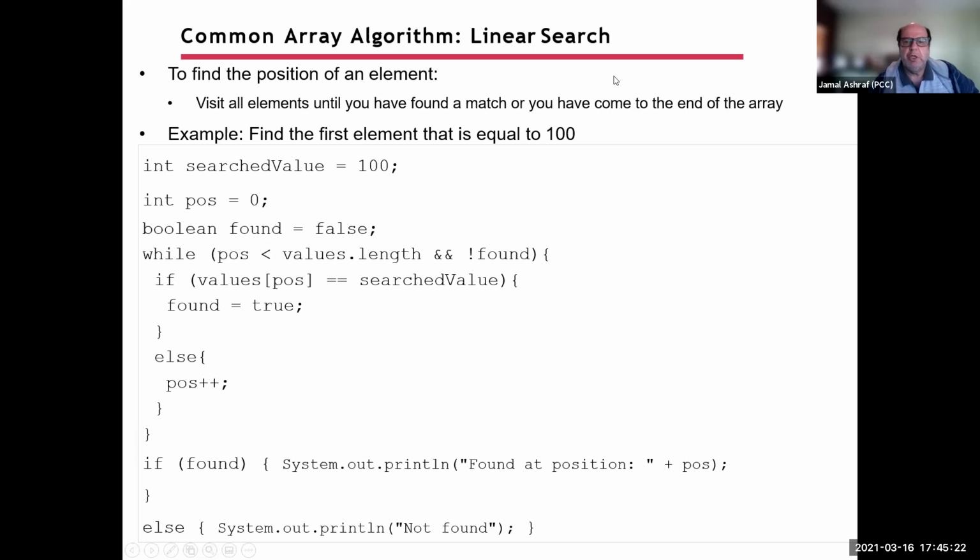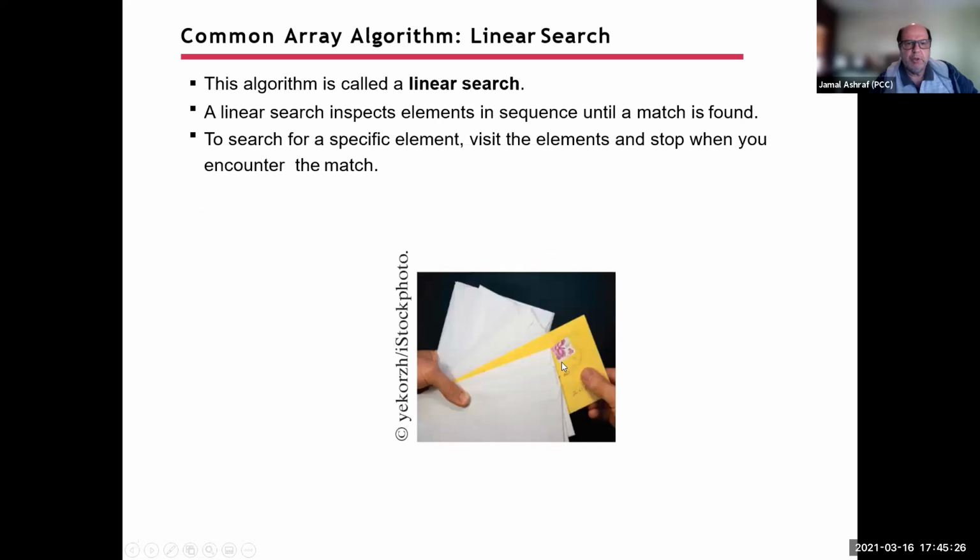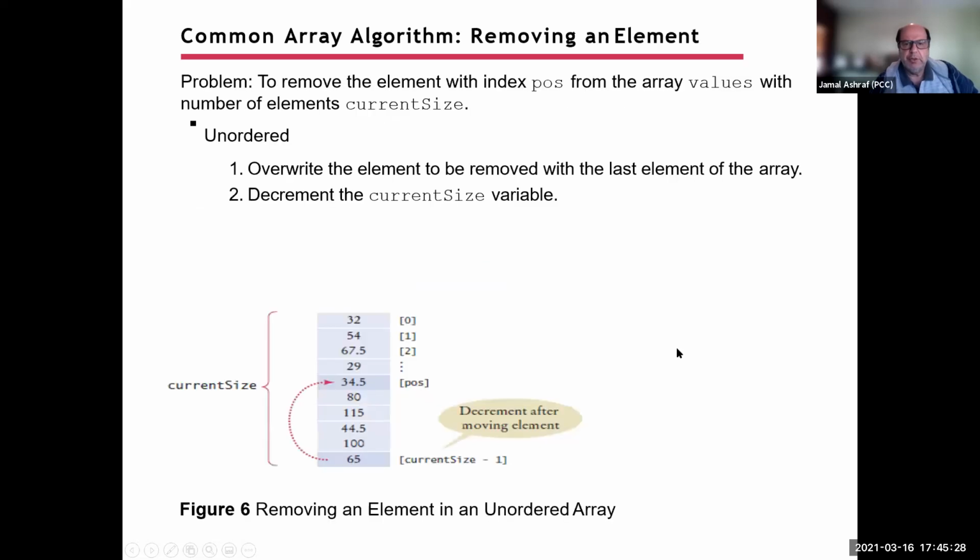So if I want to look for things in there, you should know about it already. I'm not going to go through that. Linear search, removing an element. So remember, we have arrays. It's fixed, and that's where we're going to be enjoying the array list. So if I remove something from my array, I have to move everything up to that position. So if I am removing this element, that means I have to,